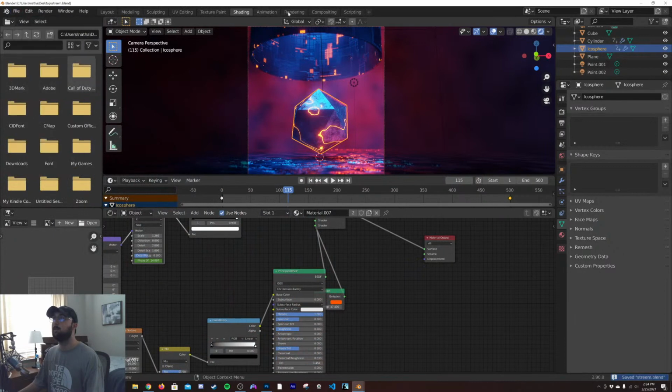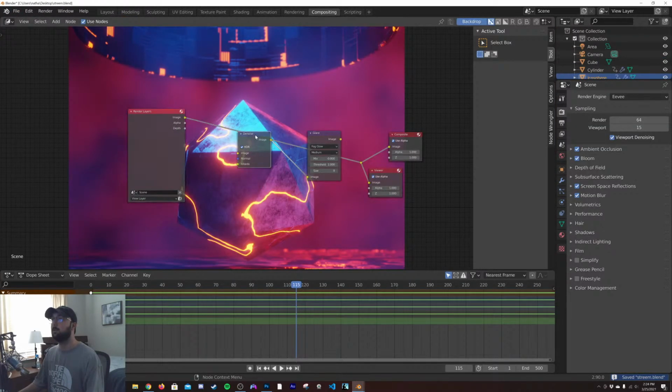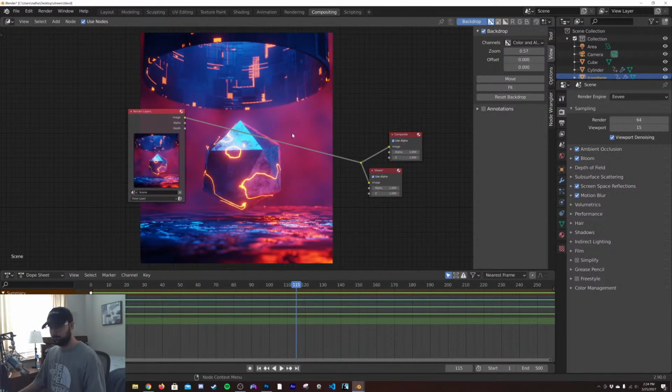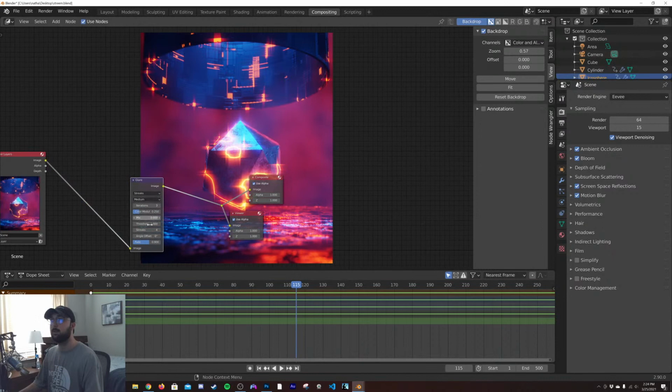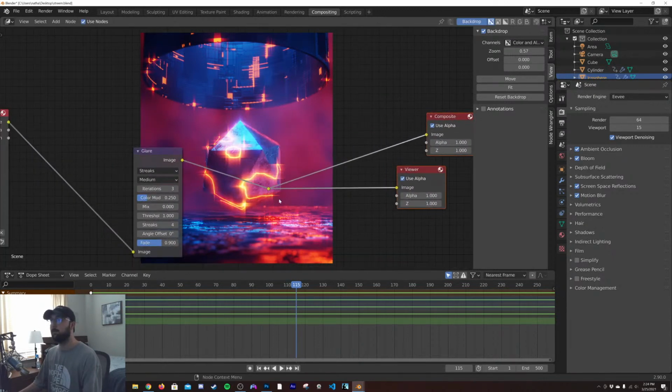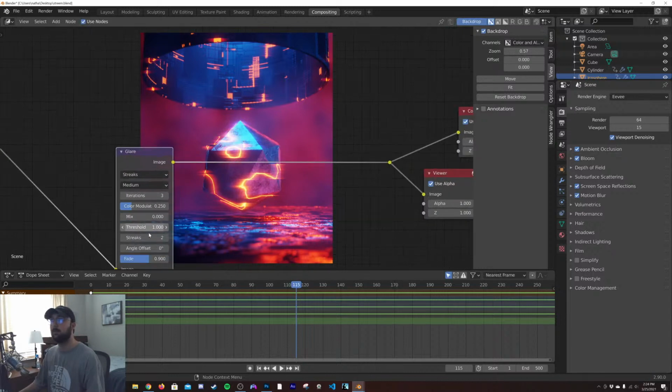File, save. We'll go here to compositing. We'll go with some glare. Cool. I want to do 2 streaks. I want the iterations to go up, and I want the fade to go up.